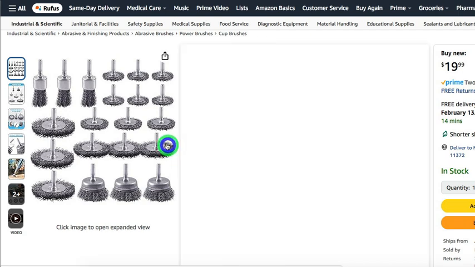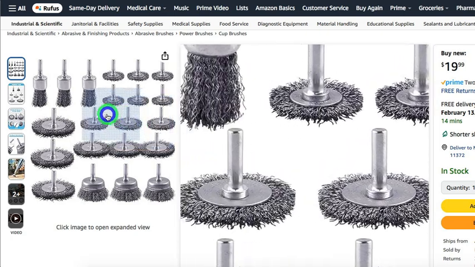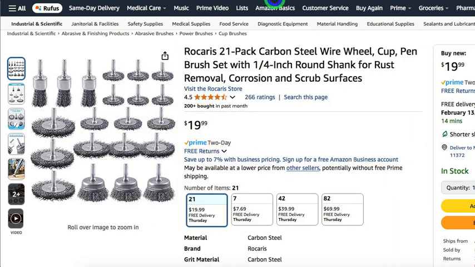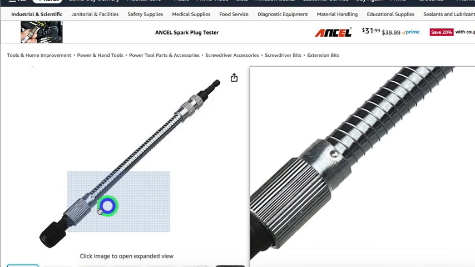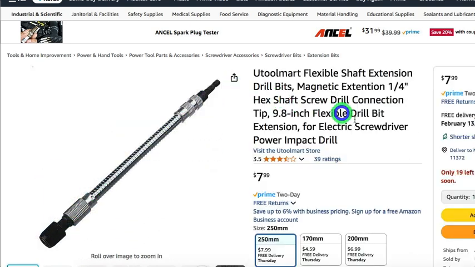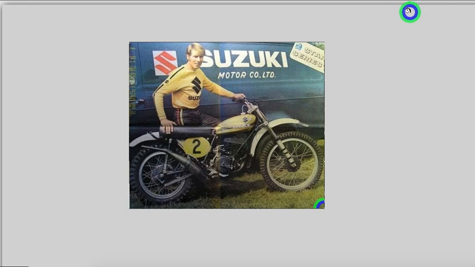I would prefer to use something like this, which is wire wheels connected to a flex shaft. These are items on the Amazon website. And here's the picture that shows who was riding this bike, and that is Roger DeCuster.